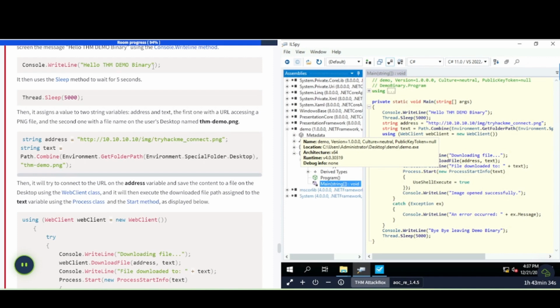Console.Write hello THM, and so on. It then uses the sleep method to wait for 5 seconds. So there you go, 5 seconds. Then it assigns a value to two string variables, address and text. The first one is a URL accessing a PNG file, and the second one is a file name on the